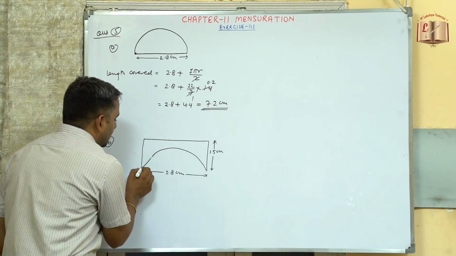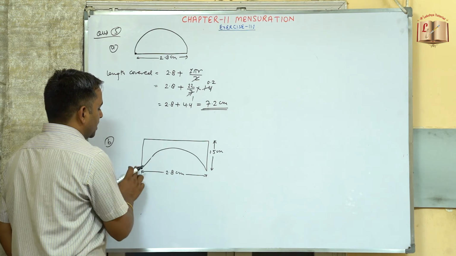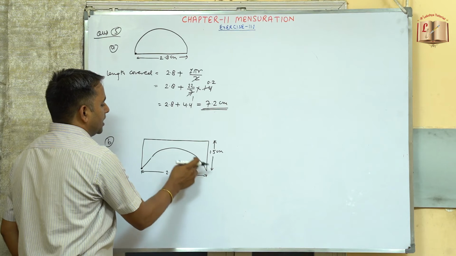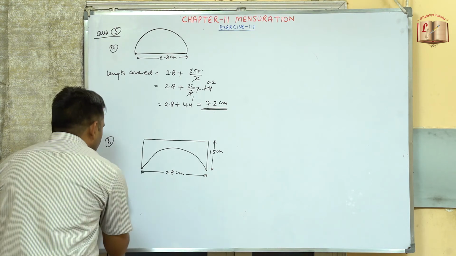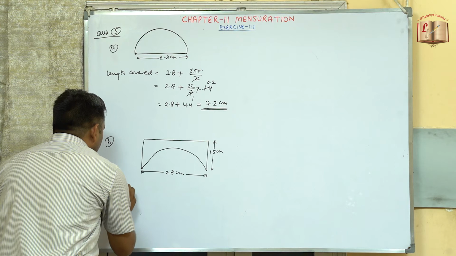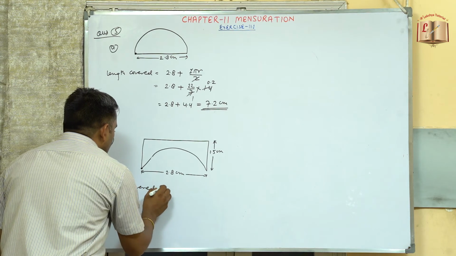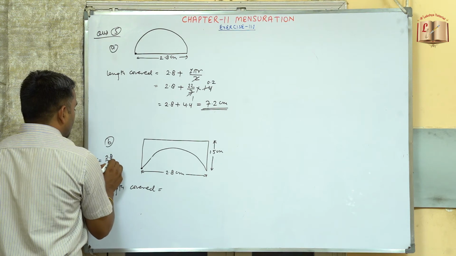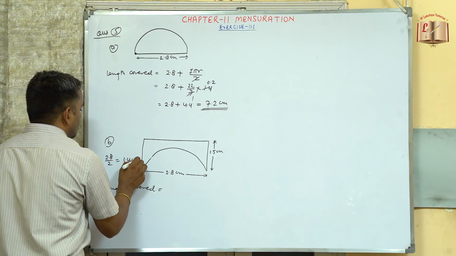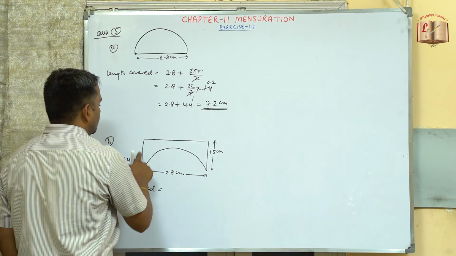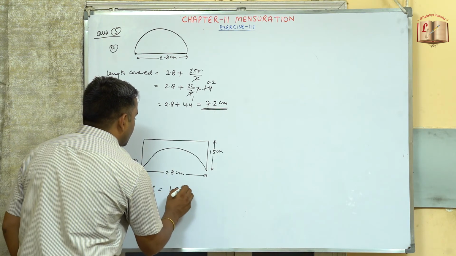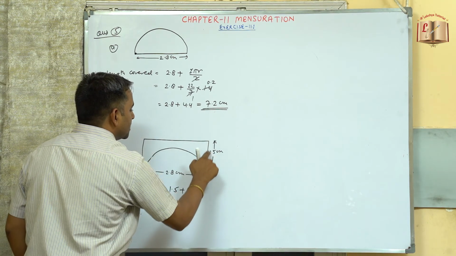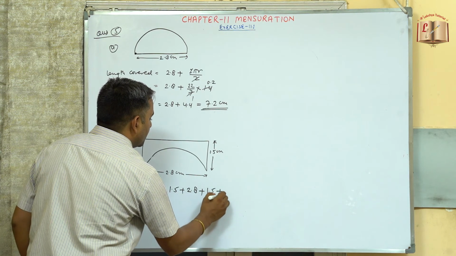Now if the ant starts from this place, it will cover this section, then this length, then this length, then complete this curve. Here again the radius r will be 2.8 by 2, so this will be 1.4 centimeters. So the length covered will be 1.5 plus 2.8 plus 1.5 plus